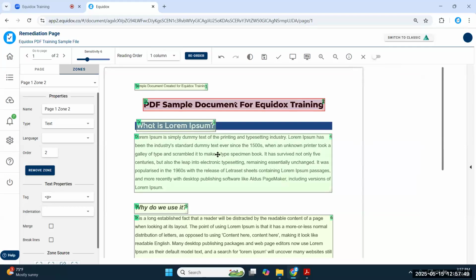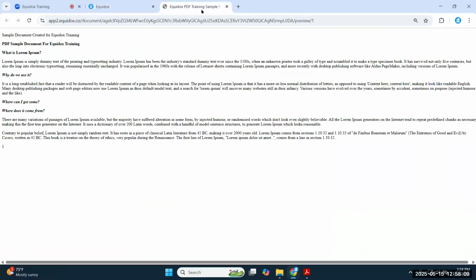Okay, so with all that said, the most important part of Equidocs, I'm going to mention it right now before we go any further, is this button right here, the one that looks kind of like a computer monitor. So when you are working on a page, if you ever want to press this button, the preview this page button, this one right here, it will open up a separate tab in your browser.